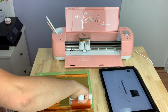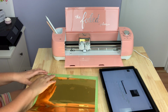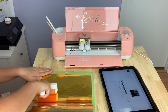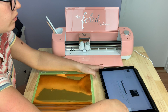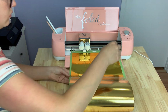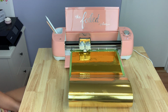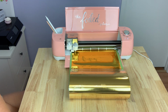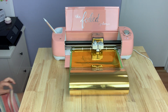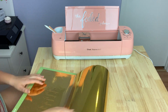So what I do is I use my brayer to push down the adhesive vinyl to the mat, and then I carefully peel back just that protective sheet, not the whole way because I have the whole roll stuck to it, but just enough so that the design will cut on the bare vinyl. Then I feed it gently into the machine, and once that is done cutting, I will put that protective sheet back down. I'll smooth it back down, and you'll see here then I just flip everything over